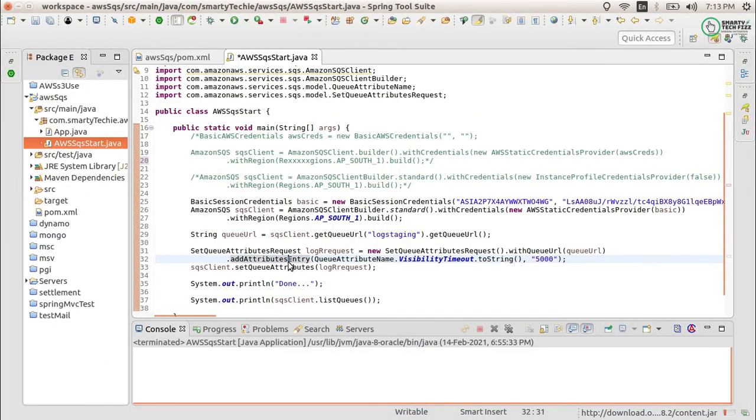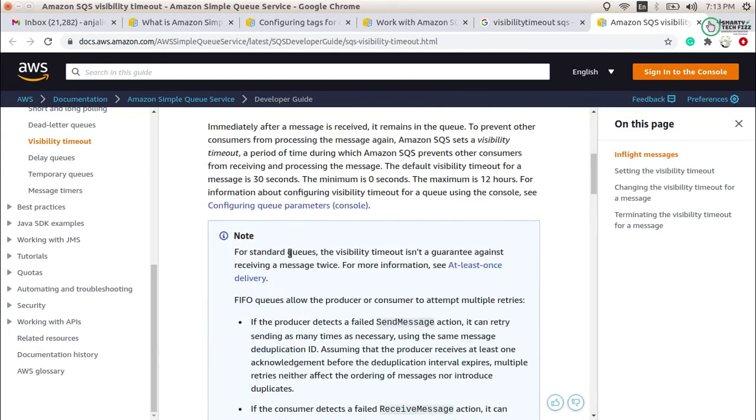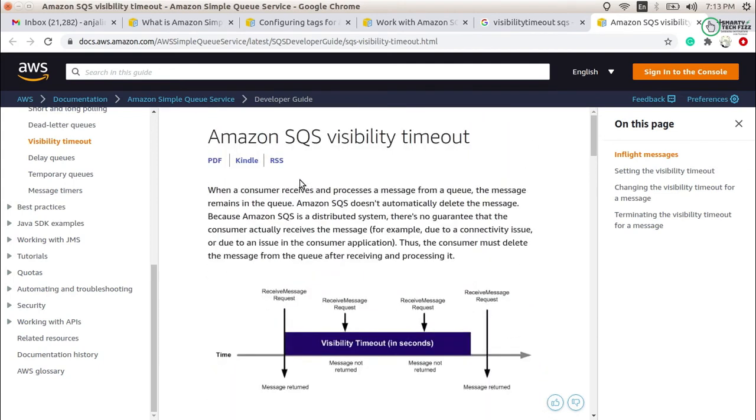By default, the visibility timeout for a message is 30 seconds. If you do not set the message visibility, it will be 30 seconds by default. But you have to take care, because SQS is a distributed system.